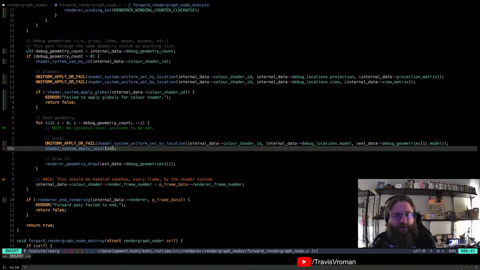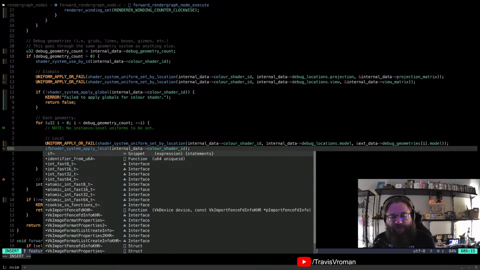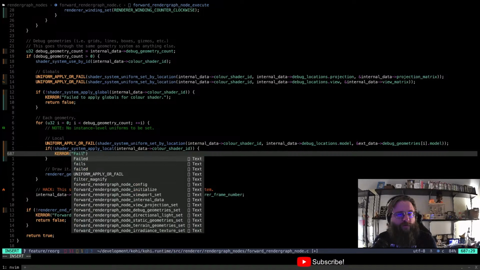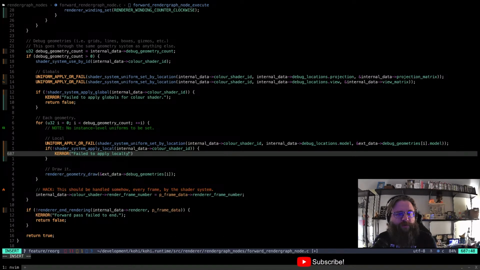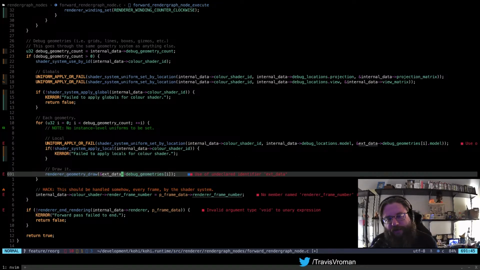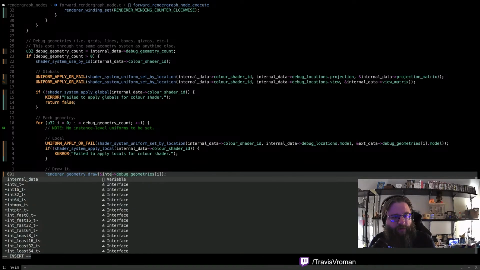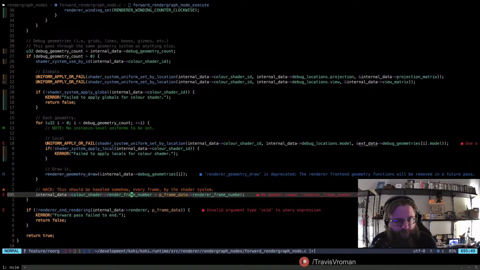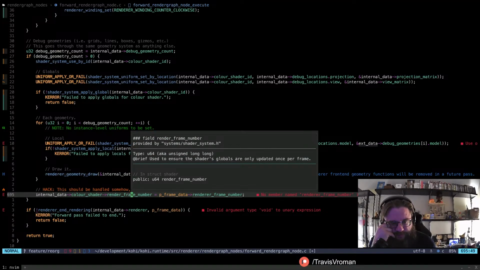This just needs to be internal data color shader ID, and then we'll check this to say, hey, if this fails, let's bleat about it. Failed to apply locals for color shader. Right? So there's that. We do the deprecated geometry call, which is deprecated, not obsolete yet. So we draw that. Now, we do have this frame sync that happens.